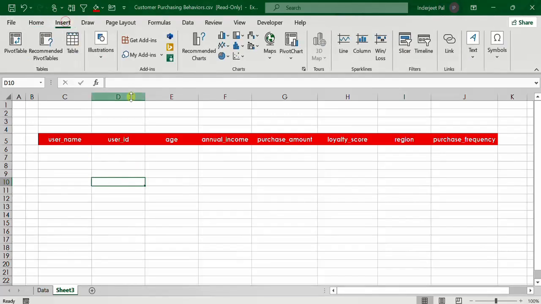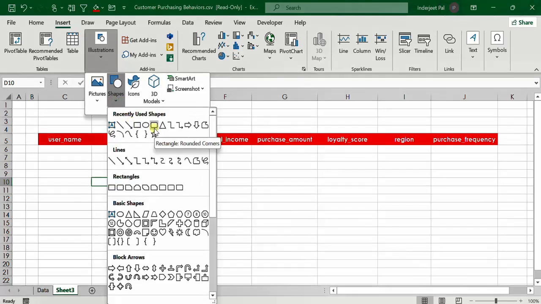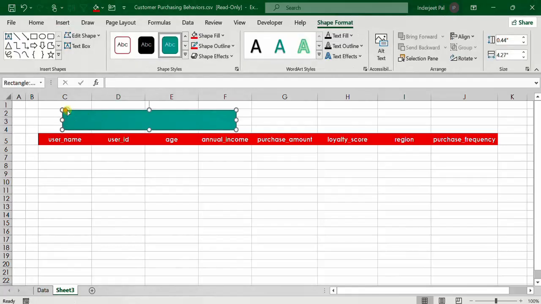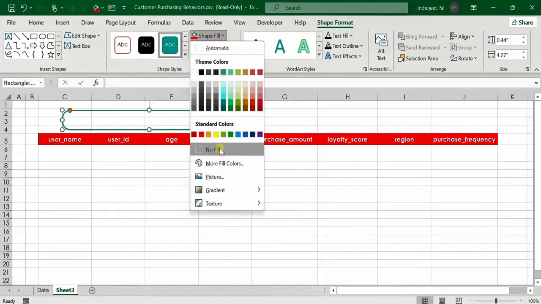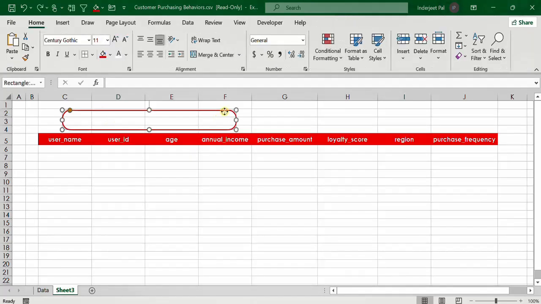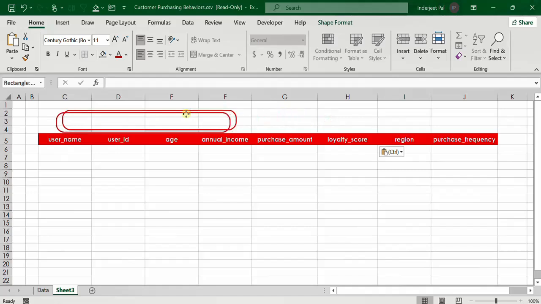For that I'll go to the Insert tab, and there is a shape, this round corner shape. I'll use this one and make it like this. I'll select this, and for shape fill I'll use the option no fill, and in the shape outline I'll use this color outline over here. Now just right click, copy, and again right click and paste. Now I am going to put it on top of this and resize this one like this,